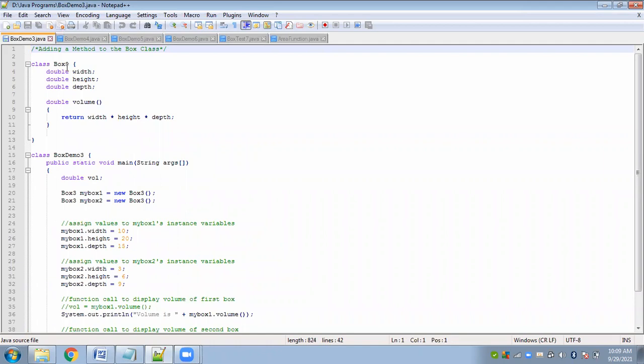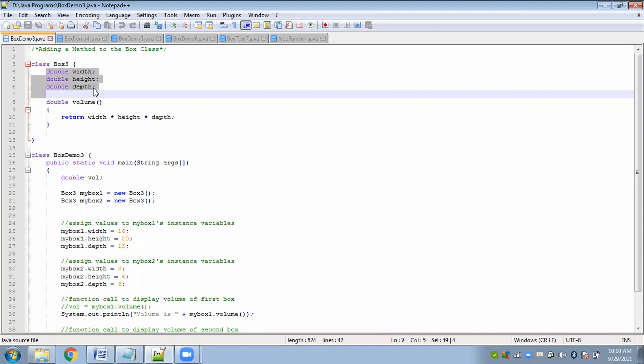So in the box class, what do we have? We have the data members like width, height, and depth. Because a box is a 3-dimensional figure, right? When you talk about a box, it has 3 dimensions. It is cuboidal in nature, or it can be cubical also. If width, height, and depth are the same, then it is a cube. If they are different, then it's a cuboid. Here in this example, we are considering it to be a cuboid. That is why we have taken width, height, and depth separately as the data members.